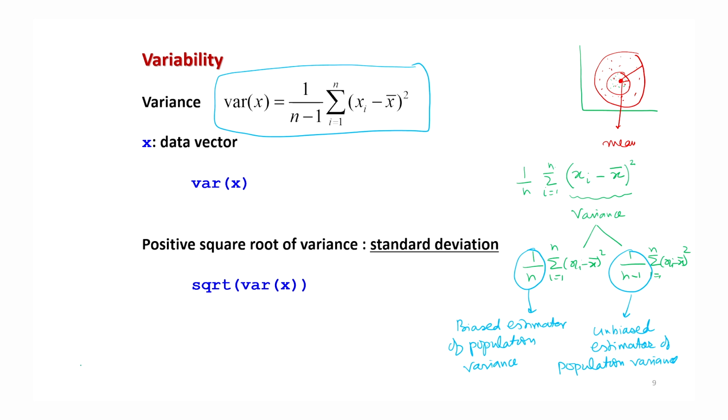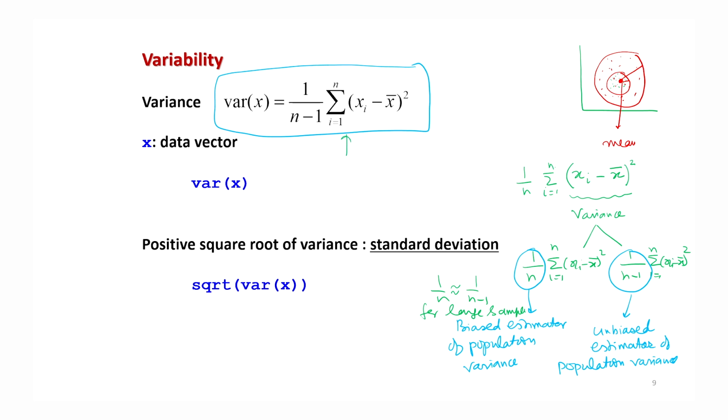Well, if the sample size is quite large, then the values of 1 over n or 1 over n minus 1 are nearly the same for a large sample. So practically it does not make any difference whether the divisor is n or n minus 1. The difference between the two forms of the variance will be very small. But in R software, we have to understand what R is computing. So R is computing this variance with divisor n minus 1.